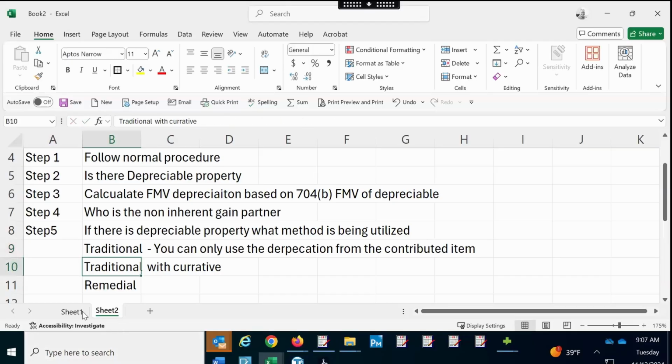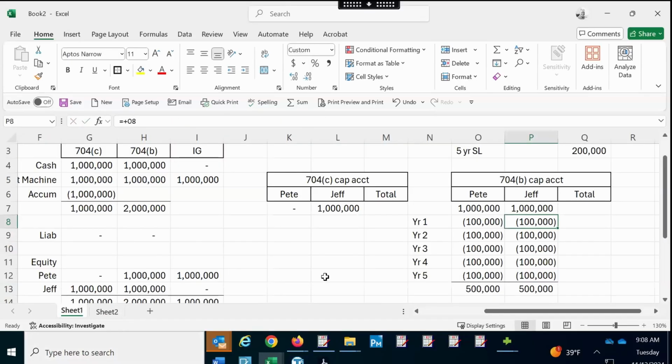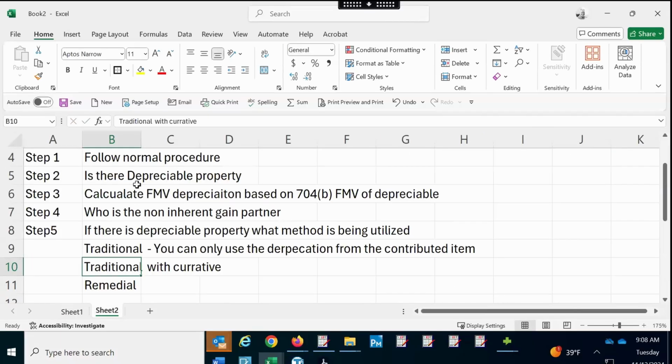Okay? So, step 1 is normal procedure. Step 2 is is there depreciable property? Yes. Calculate the fair market value depreciation, which is 100,000. Who's the non-inherent gain partner, which is Jeff? How much? Well,